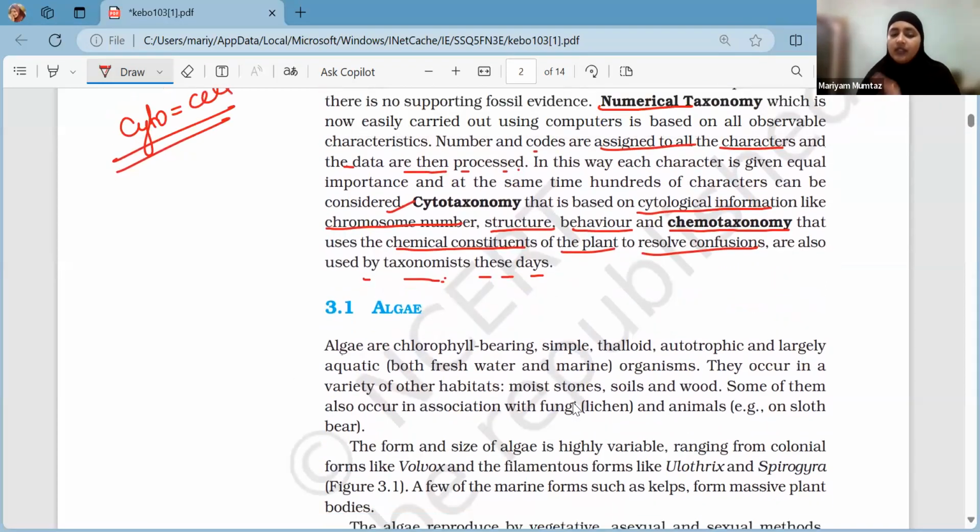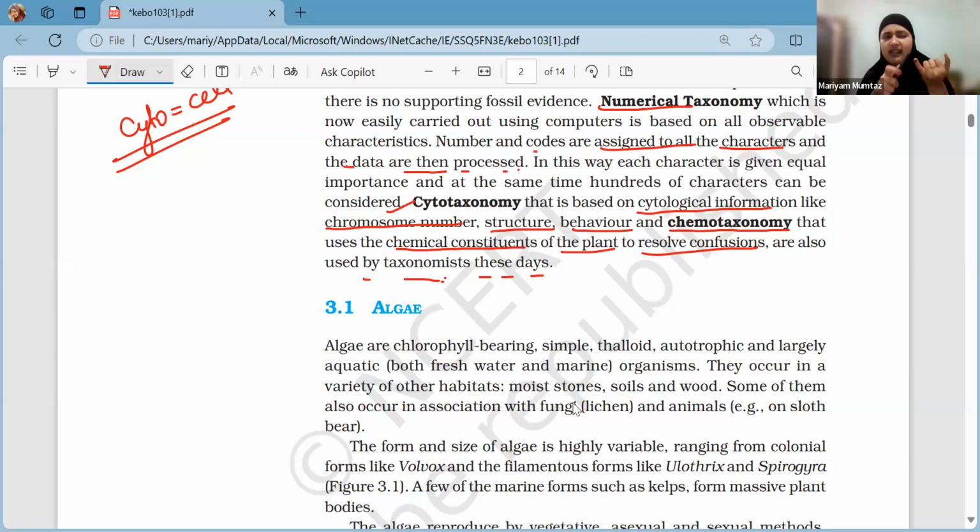So now we're talking about the first division, that is algae. Now, everyone has seen algae. Have you ever been to waterfall areas? Have you seen those rocks having green stuff, bushy stuff on it? That is algae, right? And let's not go to waterfalls only. Sometimes, in villages also, if you have ever been to a village, you might have seen in the washrooms, on their walls, on the bricks, they have a certain green lining. Even that is algae.